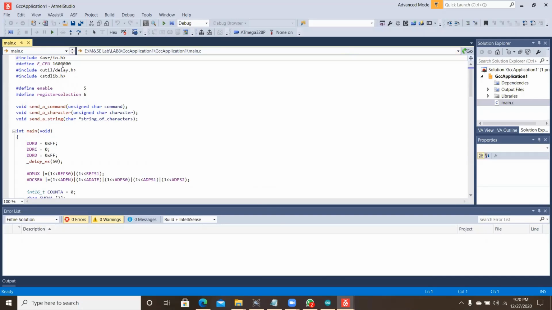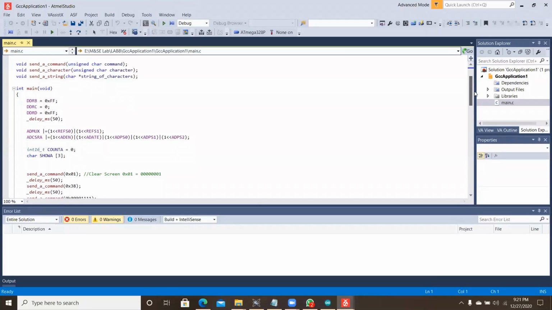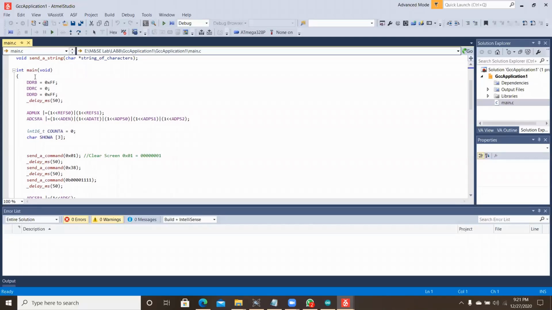First, we have used the header files, and then we have defined the enable and register selection pins, and then for the LCD we had to use the send command, send character, and send string functions to send different values to the LCD. Here port B is used as an output, and port C as the input. Again port D is used as the output, and then there is a delay of 50 milliseconds, and these are the registers which we had used,